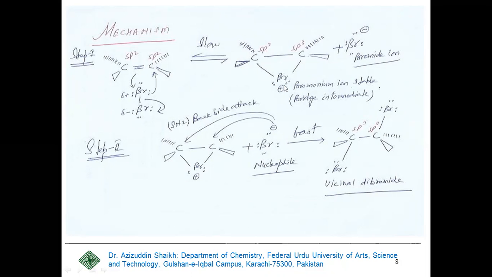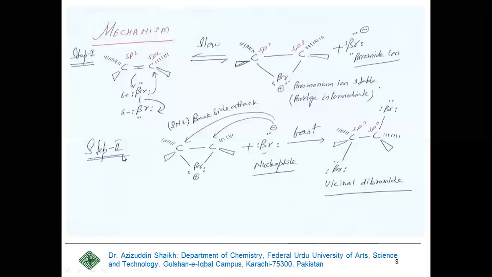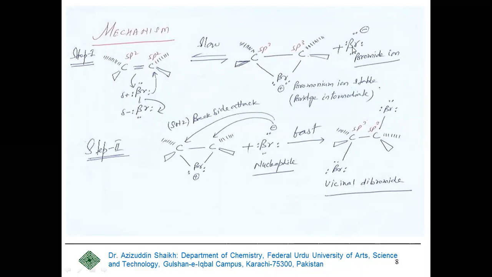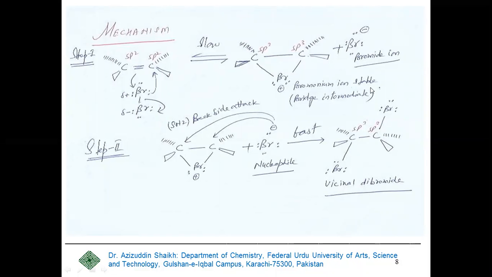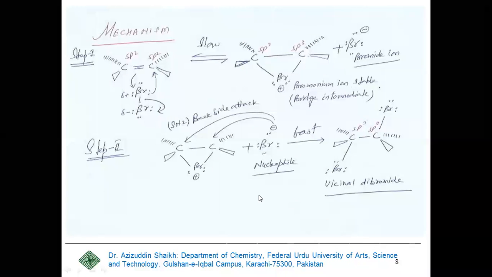In the case of chlorine, it is a chloronium ion. In the case of iodine, it is an iodonium ion. And this is the bromide. In the second step, this bromide acts as a nucleophile and performs an SN2 mechanism. What is the condition of the SN2 mechanism? In the SN2 mechanism, the nucleophile attacks from